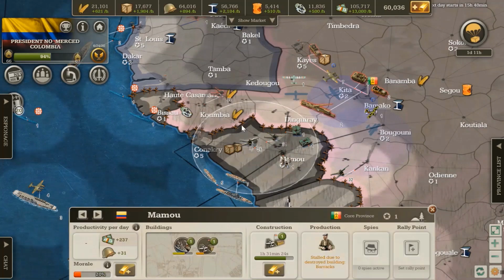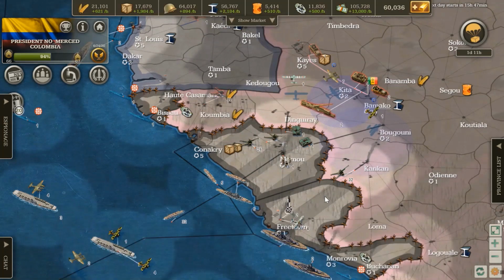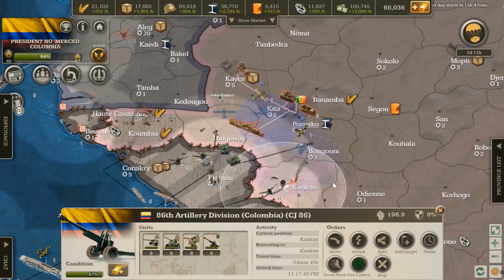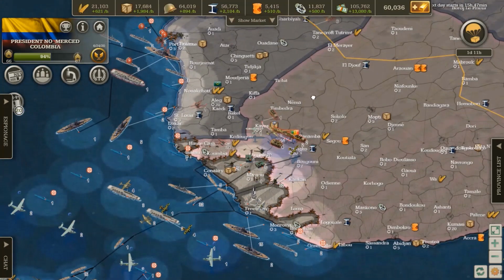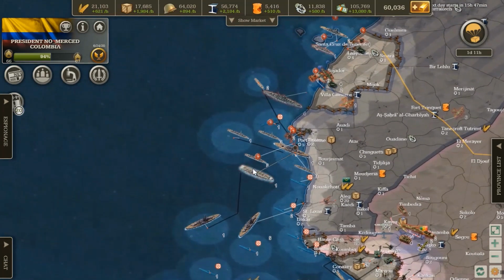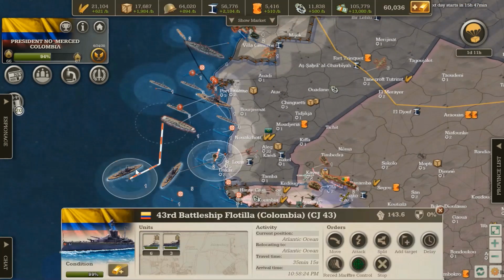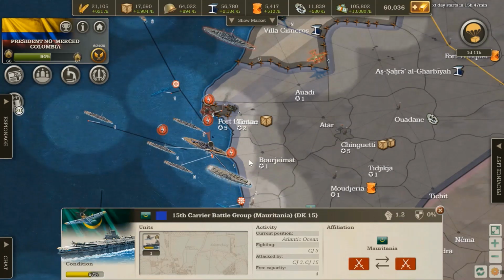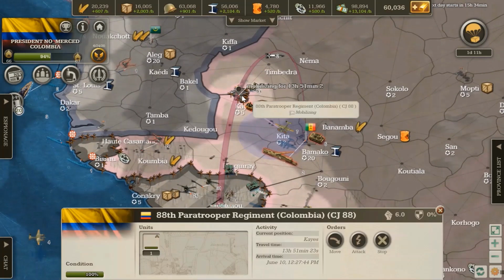My big stacks are continuing to wear down Mauritania's big stack, while I have other ones landing and moving in to get into the cores and destroy any other armies they make. I am expanding the safe zone in the Atlantic. I'm sending my ships up the coast to give shore bombardment and also to kill any sort of naval resistance still left. I managed to drop a paratrooper into K's,